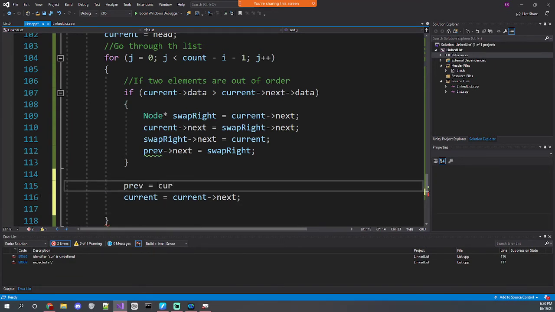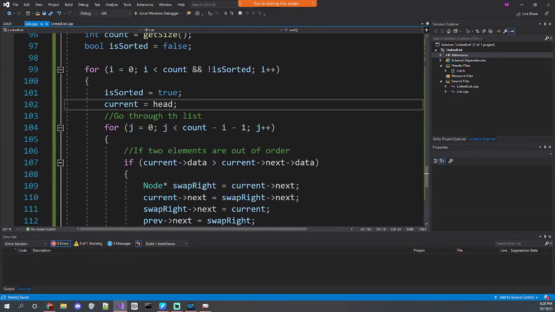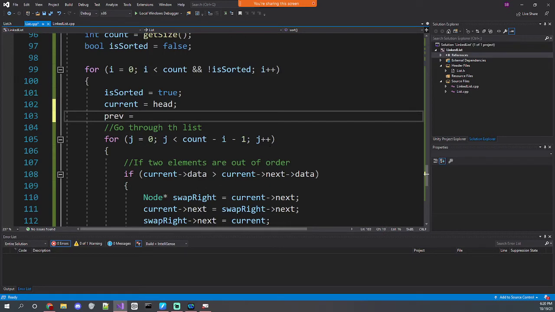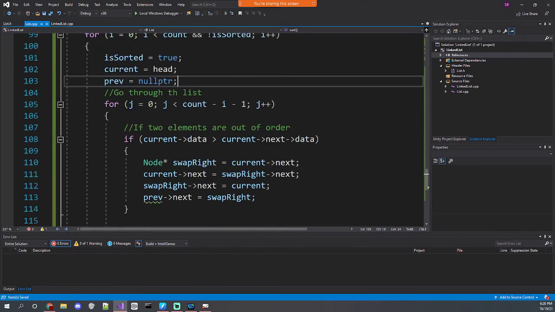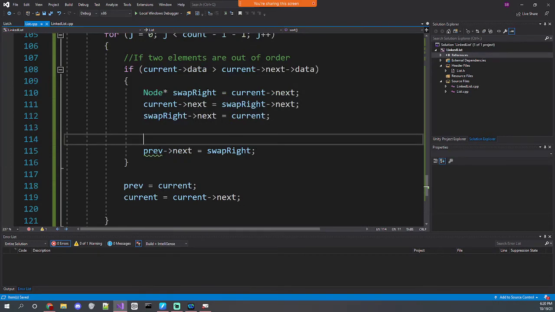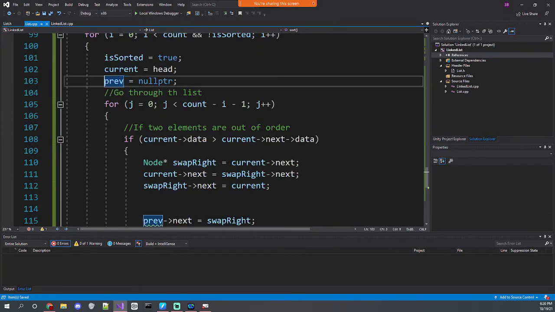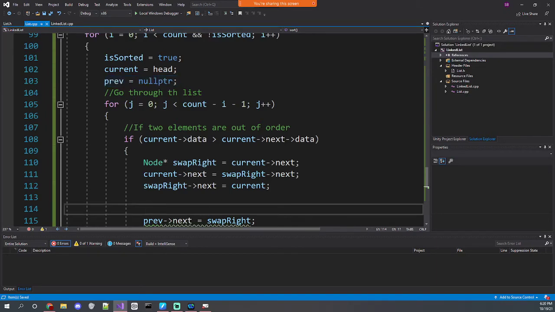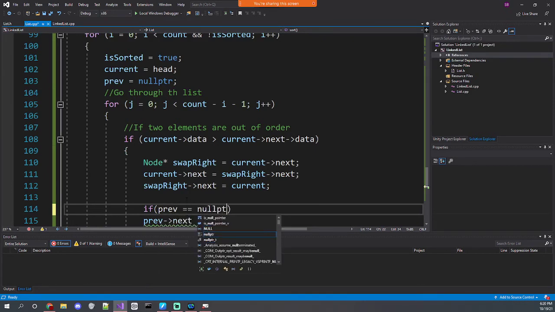Set the previous equal to the current, and then that's good enough. Okay, so that I think addresses our issue with the head. And so if we're swapping, if the previous is null pointer, then that would imply that we're swapping the head, which means that we should check for that. So if previous is the null pointer,